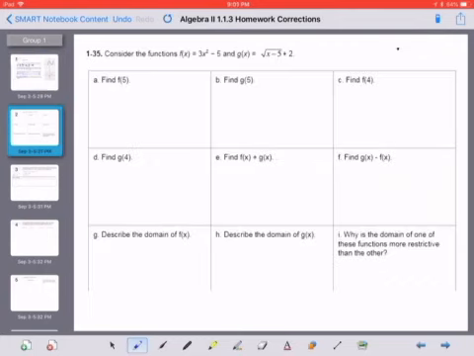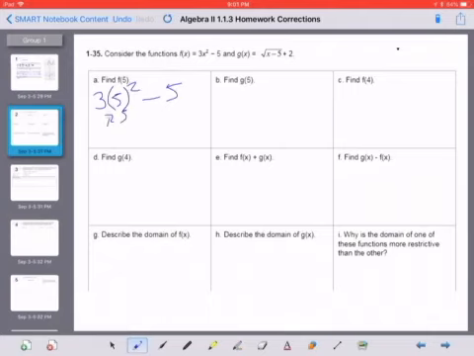The next problem is we are evaluating a function, or solving a function depending on which type of problem it is. So it says, consider the functions f of x equals 3x squared minus 5 and g of x equals the square root of x minus 5 plus 2. So in the first problem, we're finding f of 5. So we're just replacing 5 for x in our function. So we have 3 groups of 5 to the second power minus 5. So it's 25 times 3,